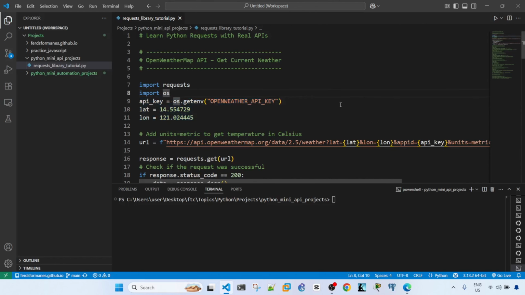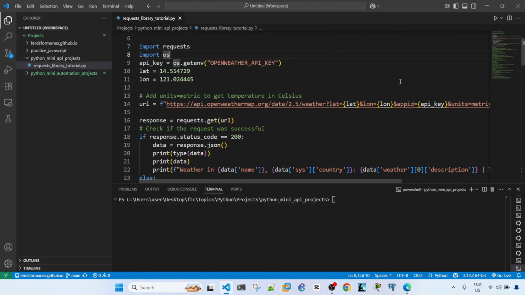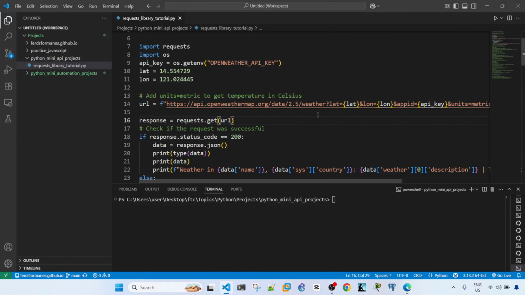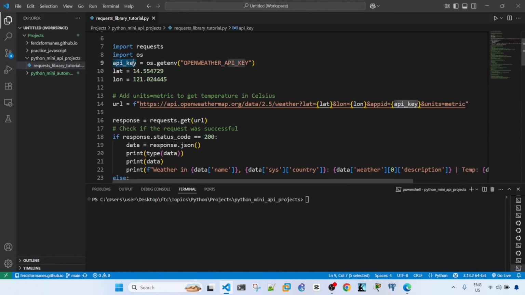If you want to see the documentation of this API, I have the documentation open here. This is what I'm trying to do: make an API call, specifically a GET API call. If I go back here, we see that we need the lat, longitude, and then the API key. I have the API key here, and I'm pulling the API key from this environment key and